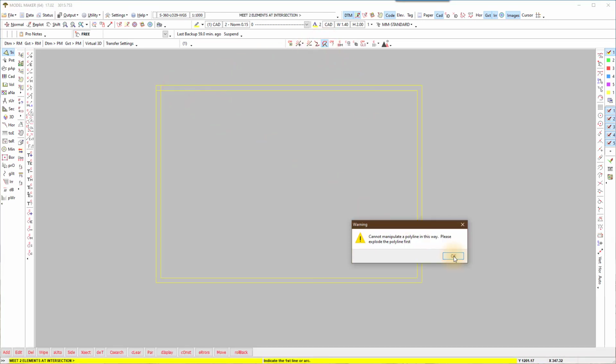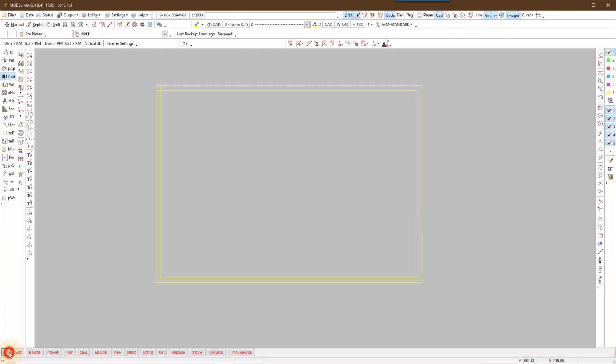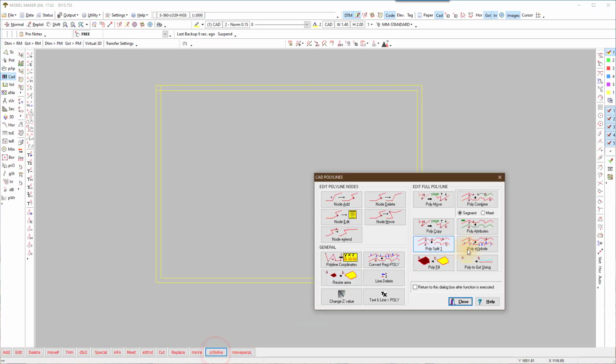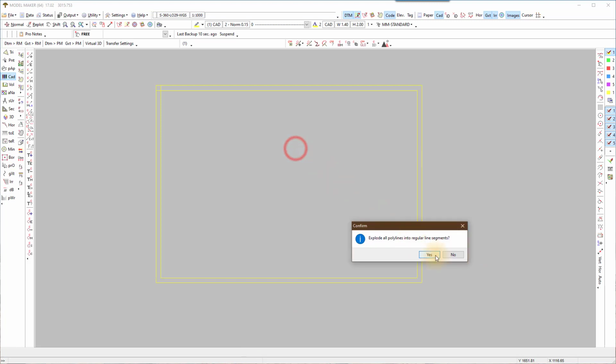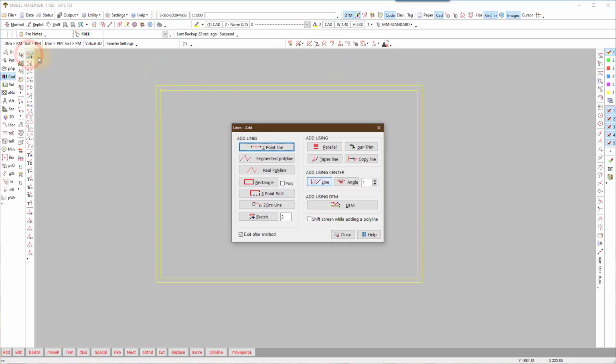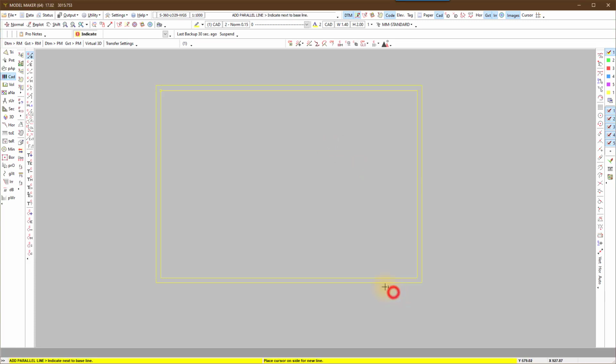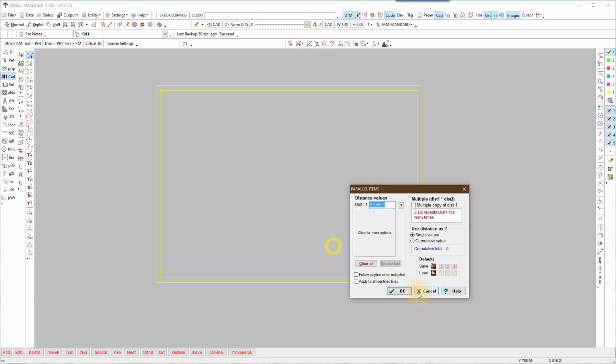I need to explode the polylines first before I can meet the two lines. So this is typically how you would start any paper size title block.